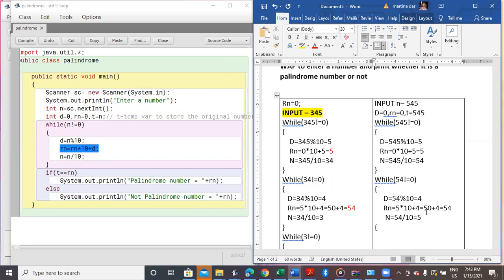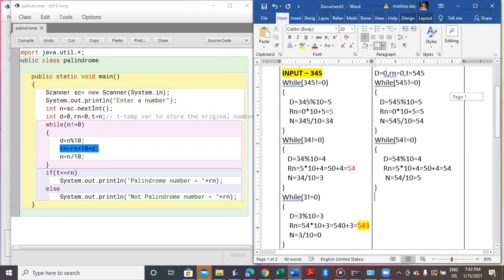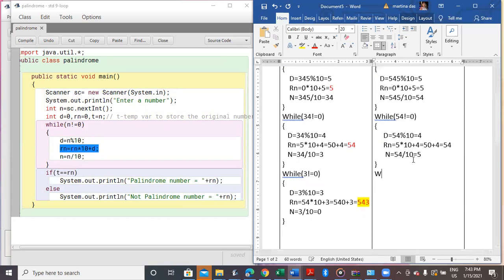So again we go for my third loop. In the third loop, while 5 is not equal to 0, again we extract the digit. 5 modulus 10, the remainder will be 5 itself.